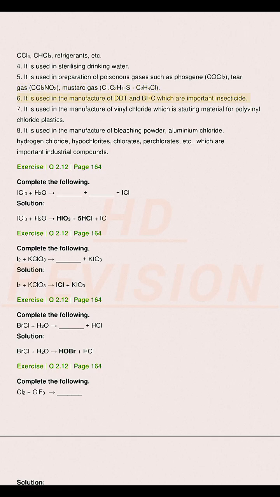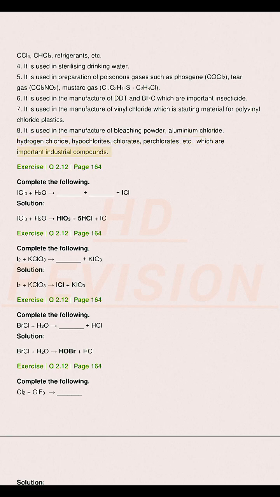It is used in the manufacture of DDT and BHC, which are important insecticides. 7. It is used in the manufacture of vinyl chloride, which is the starting material for polyvinyl chloride plastics. 8. It is used in the manufacture of bleaching powder, aluminium chloride, hydrogen chloride, hypochlorites, chlorates, perchlorates, etc., which are